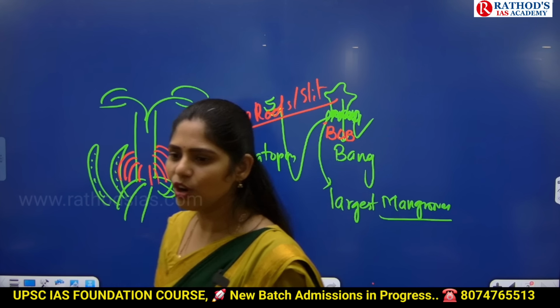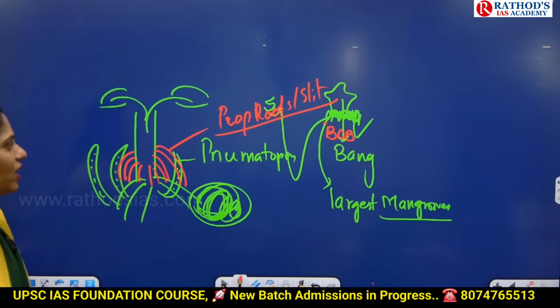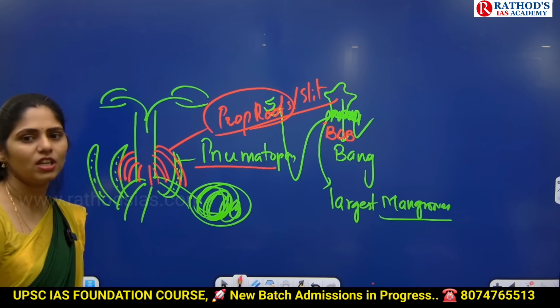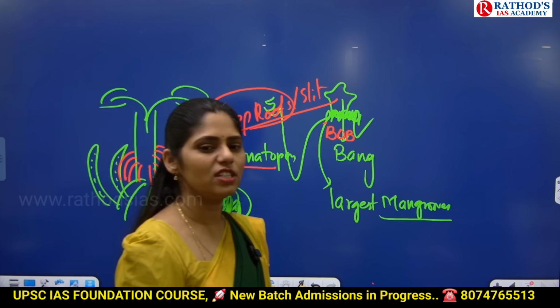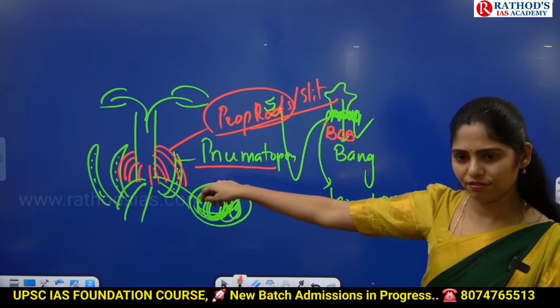Which of the above are not the features? Like that, you may get a question. If they give that kind of question, they'll ask about pneumatophores and prop roots. Just open Google and see images of mangrove trees. Then you can see this kind of roots.